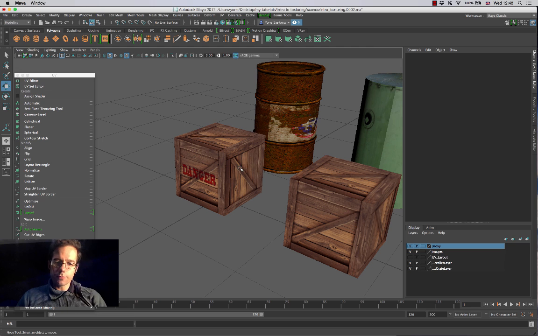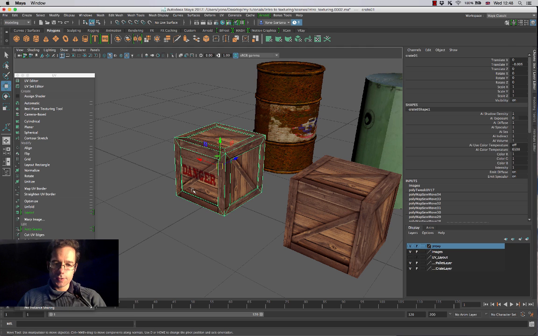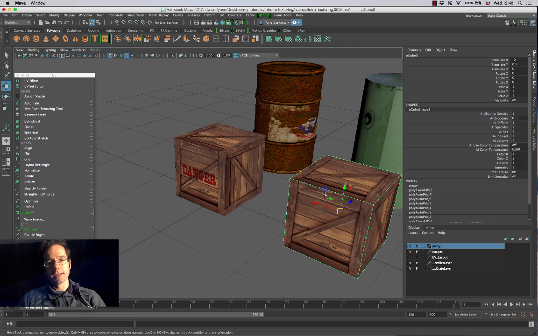So it's important for us to think that this little box now, even though it looks similar to the previous one that we made, they're made up in two very different ways. Here every face is essentially the same image projected again, and here we've started with that base, but we can customize what each face individually looks like. If I try to write something on this box over here, and I went into my Hypershade very briefly,